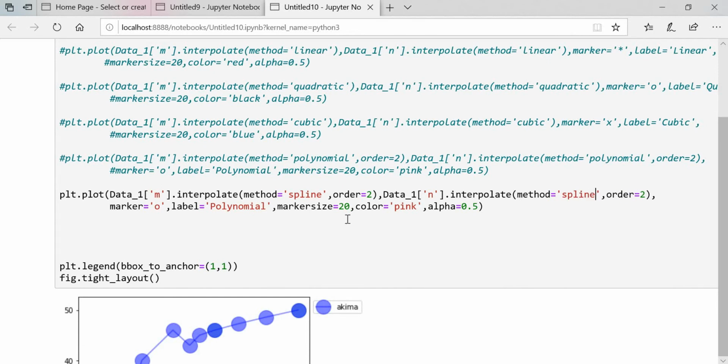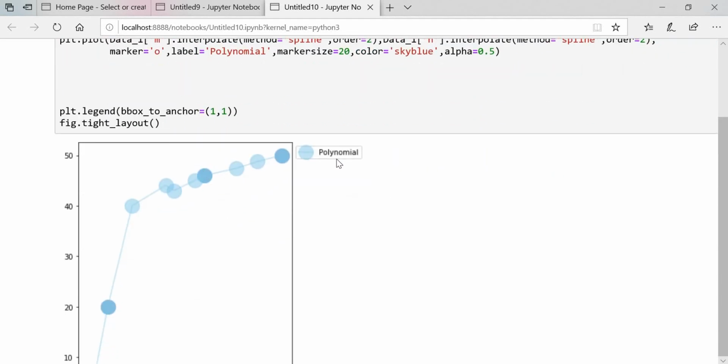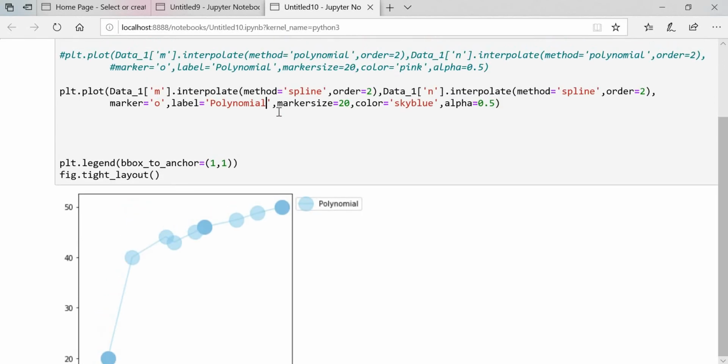Okay, and I'm going to change the color, let's say sky blue. You can see here we got the graph, and we'll change the name as well, that is spline.